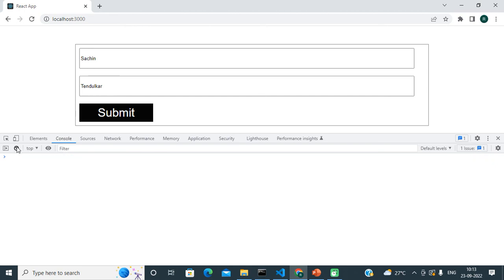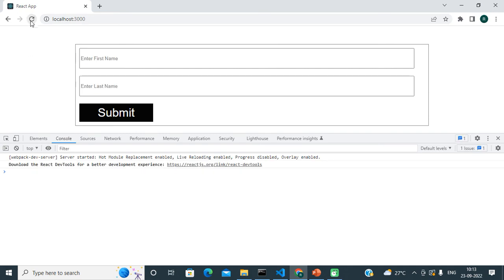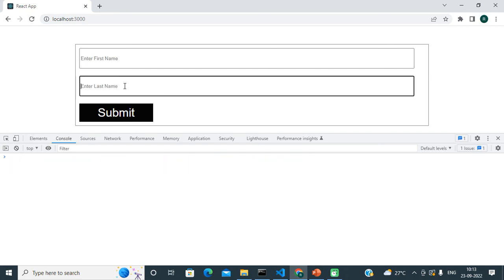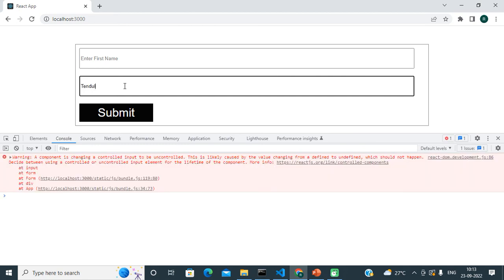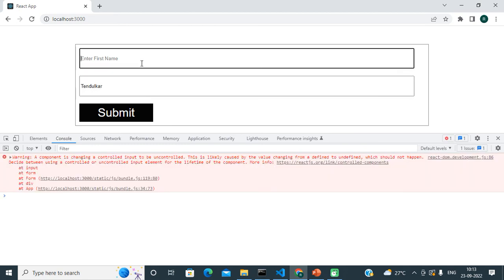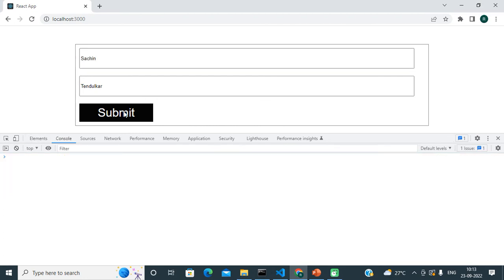Now if we again refresh this and try another approach, that is enter last name first, that is Tendulkar, and after that enter first name, and now click on the submit button. So you can see in this case I am getting first name but I am not getting last name.